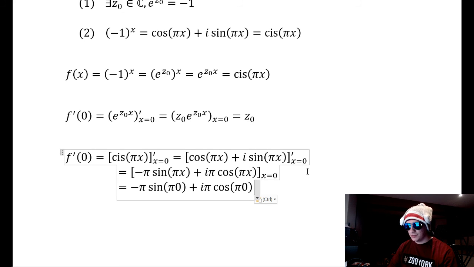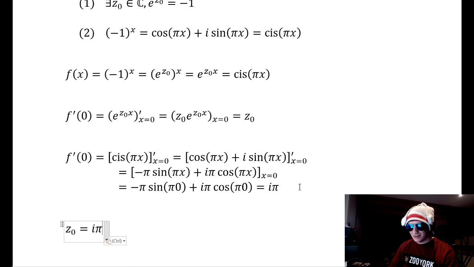And this is negative pi sine pi 0 plus i pi cos pi 0. Now sine pi 0 equals 0, and cos pi 0 equals 1. So this is i pi. So once again, by transitivity, z naught equals i pi,